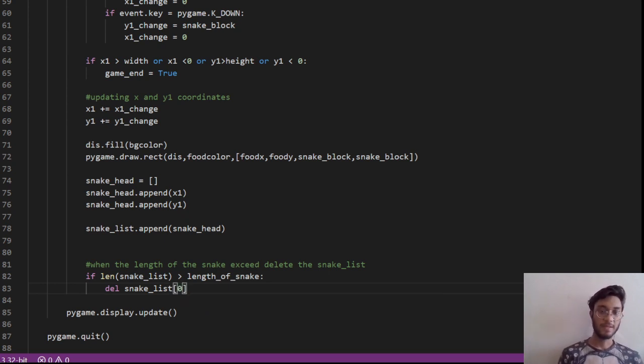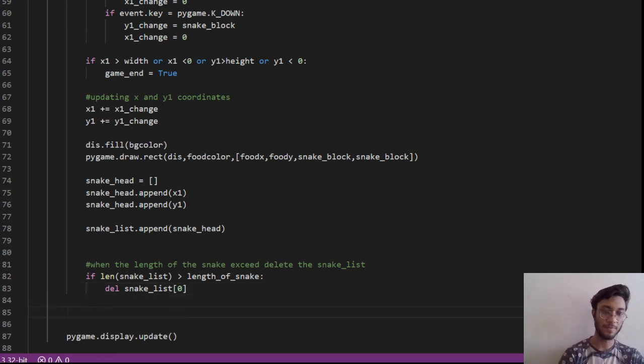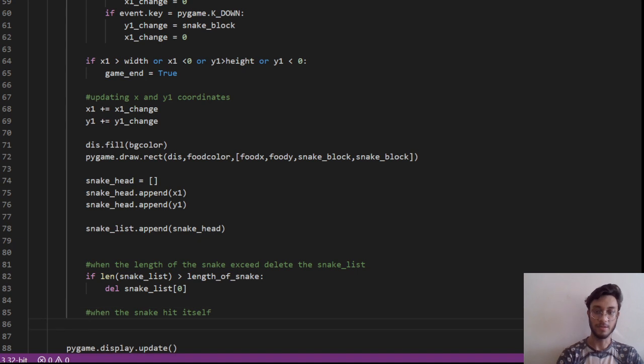Now, there might be a position when the snake hits itself. When the snake hits itself, remember, the game must end there.